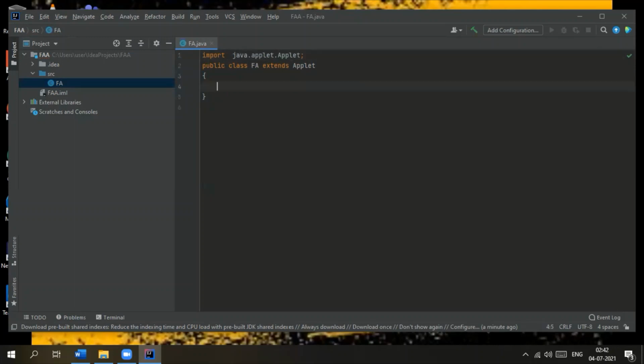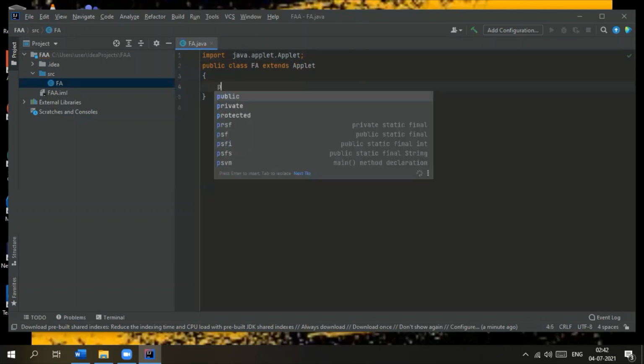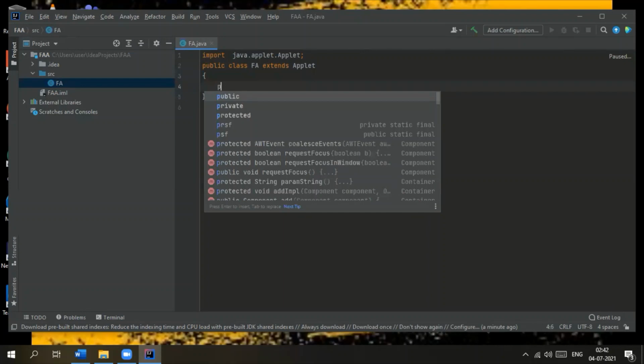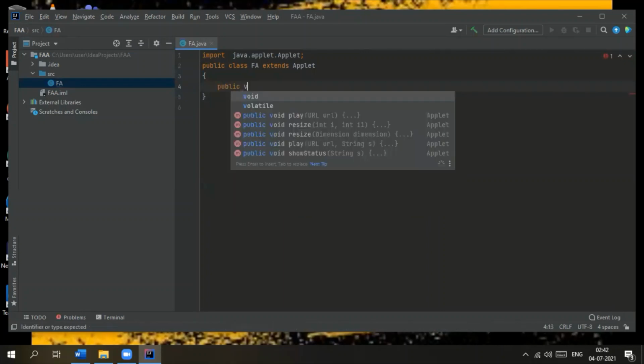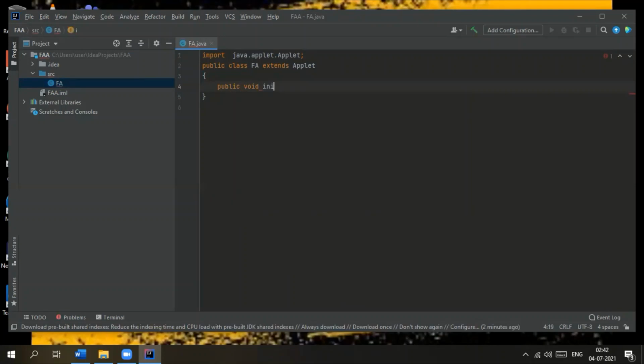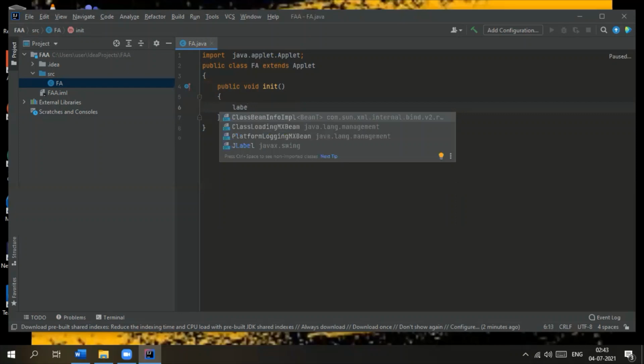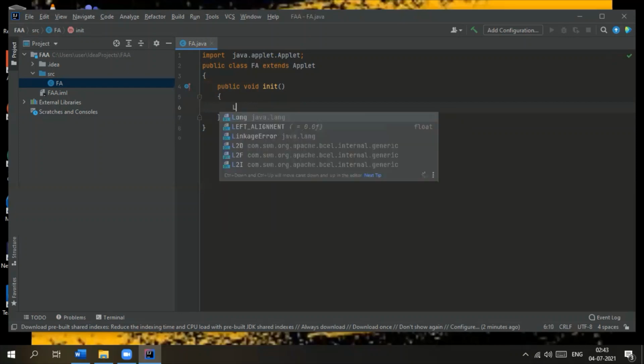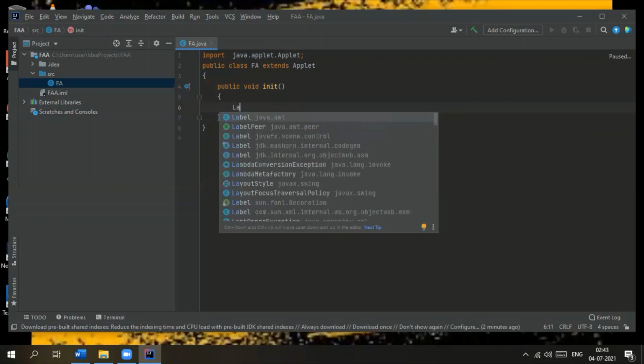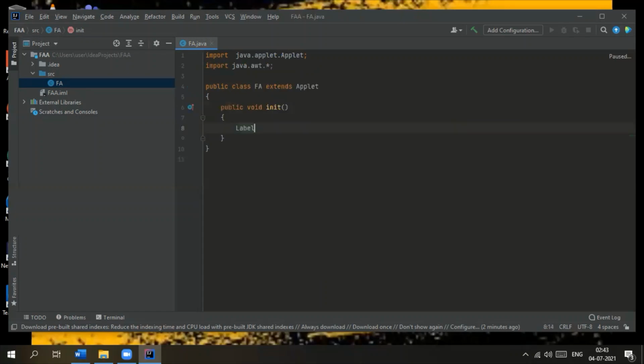In the applet code, I'm writing the init method in order to initialize the components that we are adding. Here I want to create a component called label. As we know, all the components are present in the AWT package, so we need to import that package if we want to use any of the components.